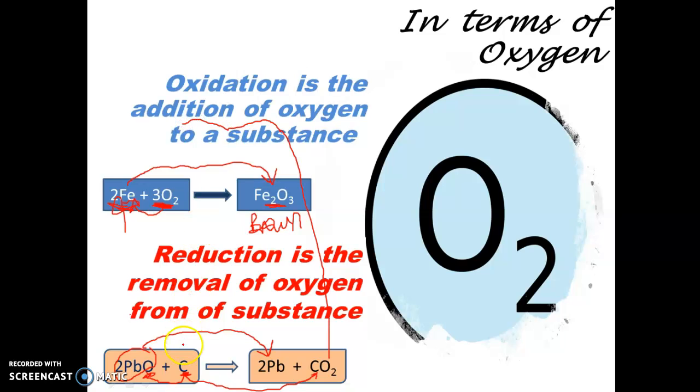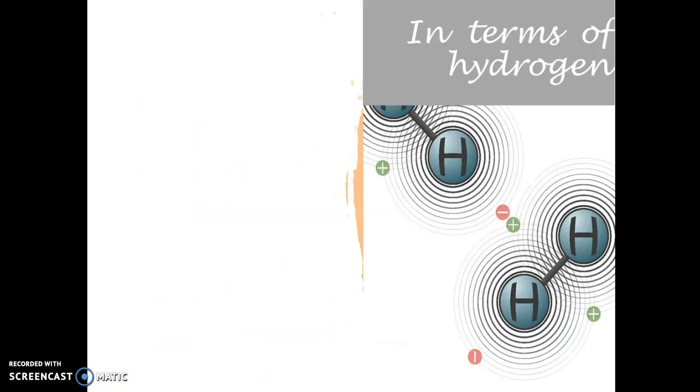So carbon now has oxygen added to it, and carbon has been what? Oxidized. Carbon is now oxidized, and that is what? The definition of oxidation and reduction. That's redox reaction in terms of what? Oxygen. Now we have another way we can define oxidation and reduction, and we can define it in terms of